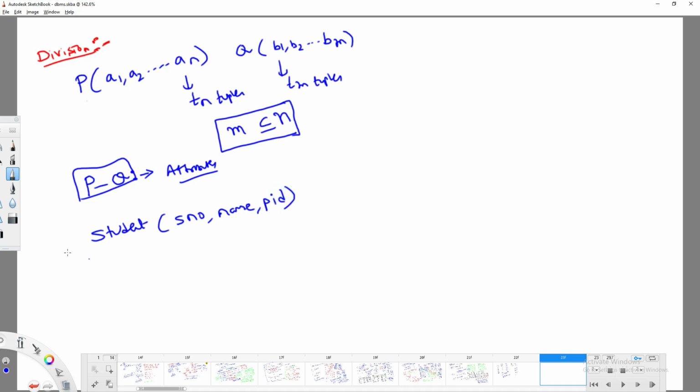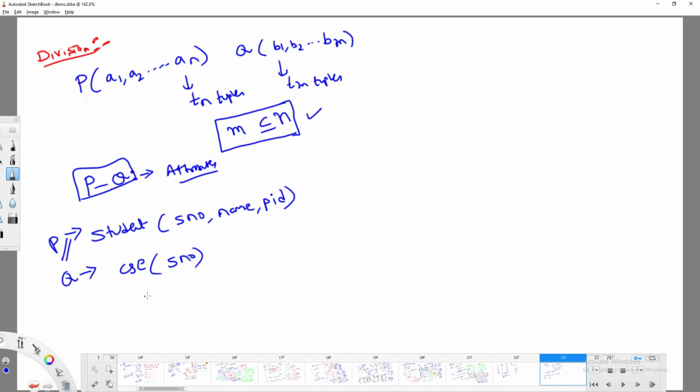If you want to perform a division operation, the Q relation can be, for example, CSC or whatever it may be. The relation name can be anything, but the attribute should compulsorily be either serial number, as it is a subset of this one, or name, or project ID.